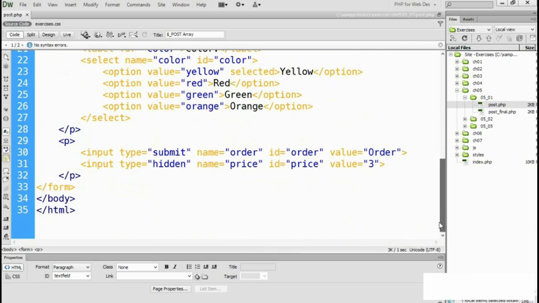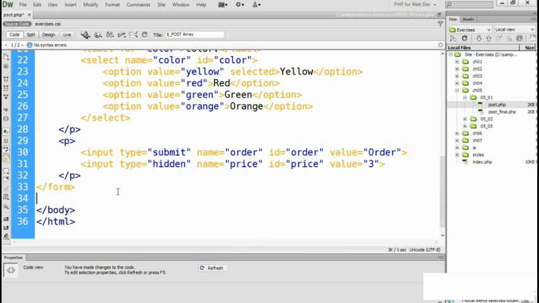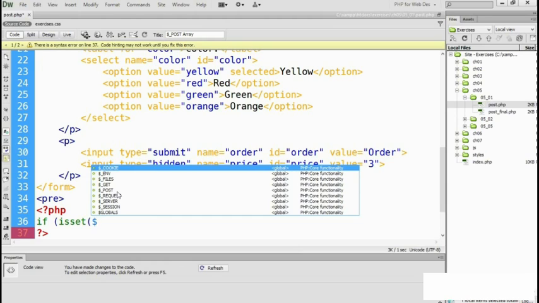So let's create some code down at the bottom of the page after the form. We're going to inspect an array, so we need some pre tags so that it's formatted correctly and we can see it nicely. So a pair of pre tags there. And between those pre tags we need a PHP code block. And we need some decision making, so we need if, and for the condition we'll use the isset function, which checks whether a variable has been set. So isset, and then it's the post array. Post is $_